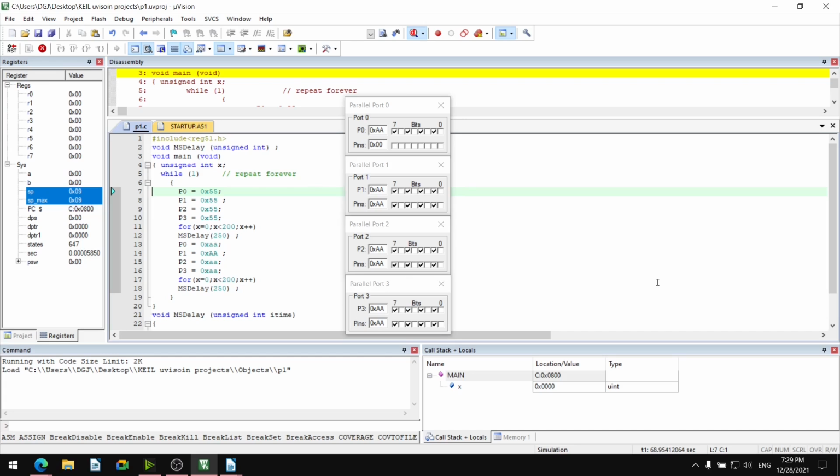Yes, it is now approximately 10 seconds. Around 10 seconds we can say. So we have to properly set the counter to tally with the crystal frequency.